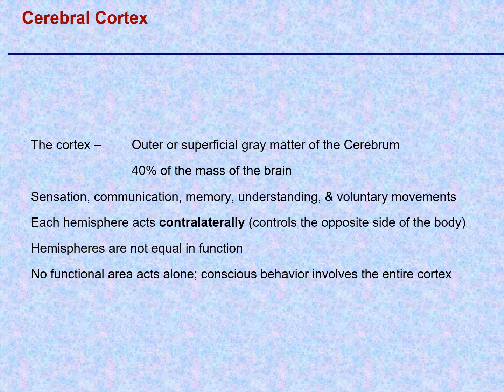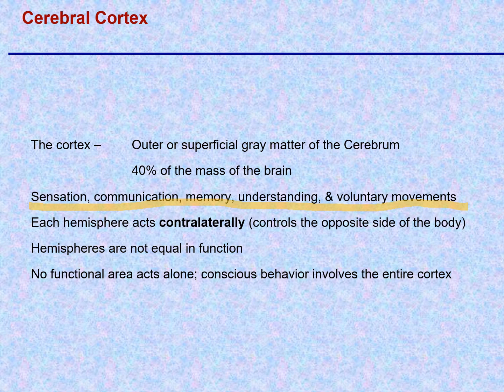In terms of the cortex, or the outer surface area of the cerebrum, that makes up about 40% of the brain. Remember, the entire cerebrum is about 83%, and 40% of that is cerebral cortex, and it's involved in a lot of important functions. I don't expect you to memorize all of these things, but be aware that